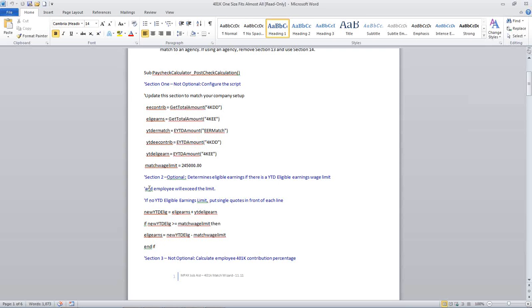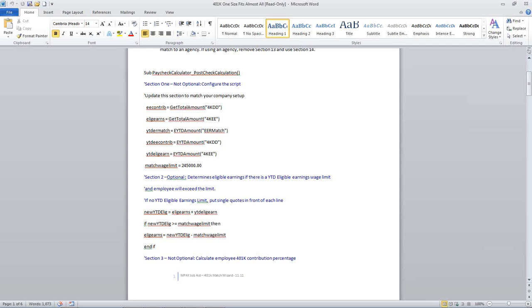One other thing to note about scripts is any line that has a single quote in front of it tells the script to ignore it, so you can make notes to yourself. So for example, here I've got all of this stuff saying what this section does. The script will ignore it. When it's going through, it'll just fly through everything that's here. It'll skip right over this and go right to the next logic, which is the stuff that doesn't have quotes in front of it.